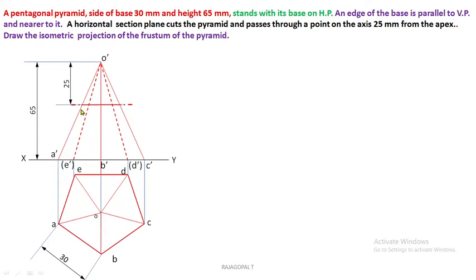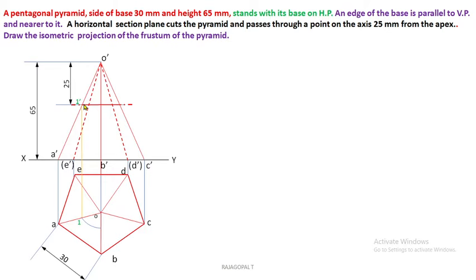Now you can identify the cutting points of the section plane. This is point number 1. On O dash A dash in the front view, extend a perpendicular projector until it cuts the corresponding slant edge OA in the top view. Next is O dash B dash. That's the second cutting point, but it is still perpendicular to XY. We have to extend the projector until it cuts the O dash A dash outermost slant edge.